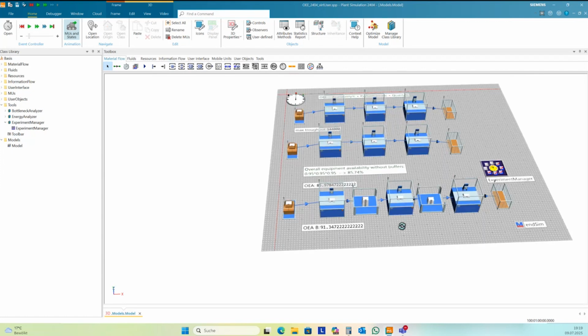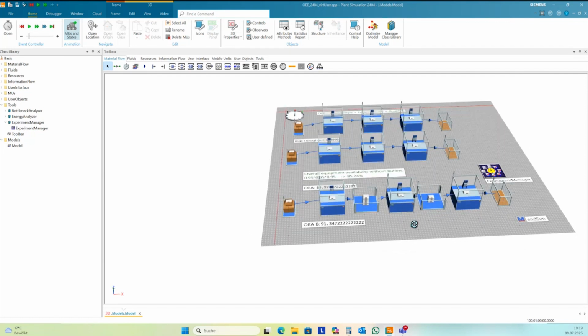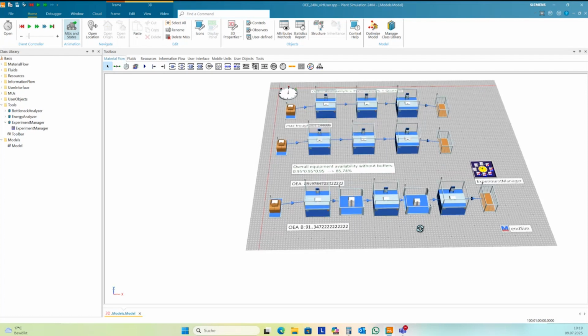And one of our frequently asked questions in simulation is what's the optimal dimension of these buffers, because a buffer needs space and it costs money. And so the optimization of these buffer sizes is one of the main questions in many simulation studies. And here you can use, again, the experiment manager if you have only some buffers. If you have more buffers, then it becomes quite difficult to find a solution with the experiment manager only.